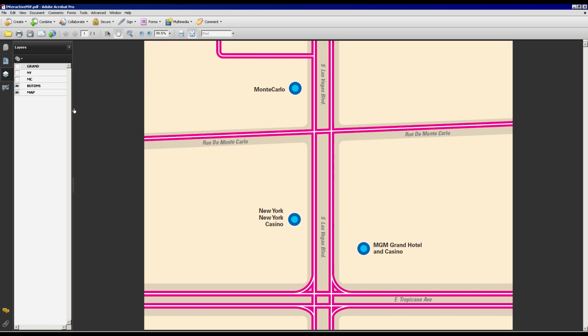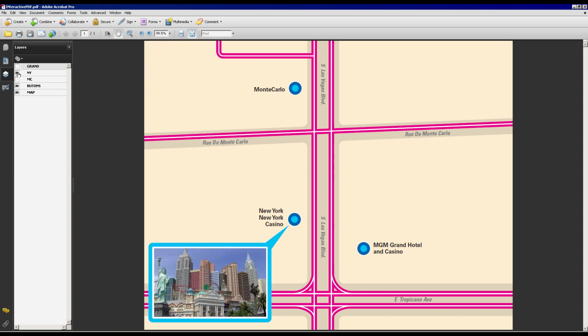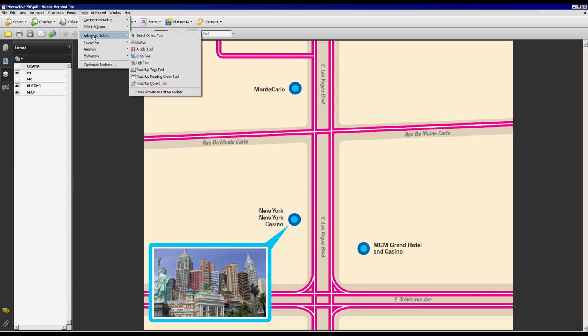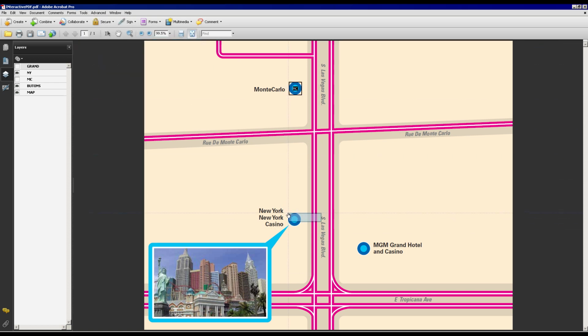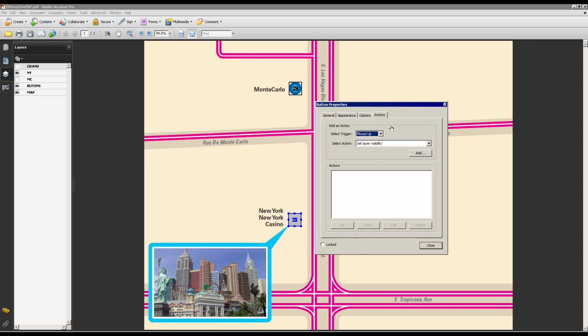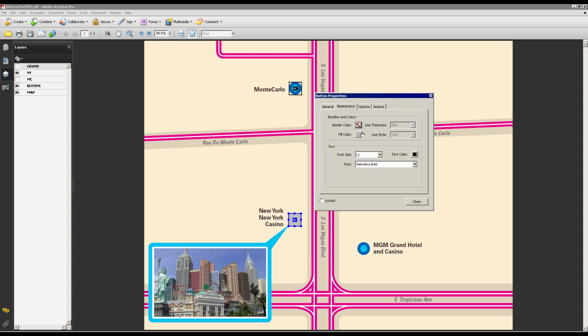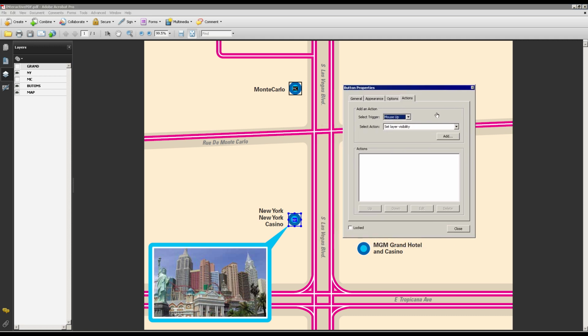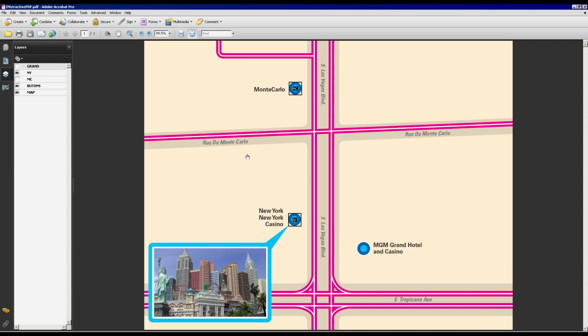First we need to turn on the visibility of the next pop-up. We're going to go to Tools, Advanced Editing, Button, draw our button, change the name, show all properties, change the appearance of the button, set the trigger to Mouse Enter, and set layer visibility to this current state.